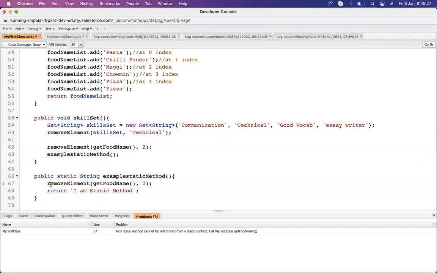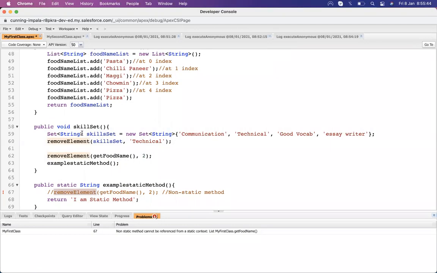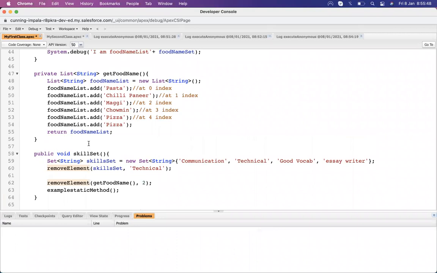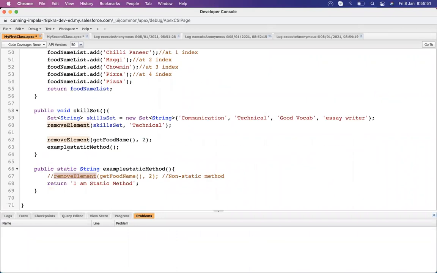But if a static method calls a non-static one, the non-static method's memory will not be allocated yet, because it is only allocated when the class instance is created. So it is not possible.